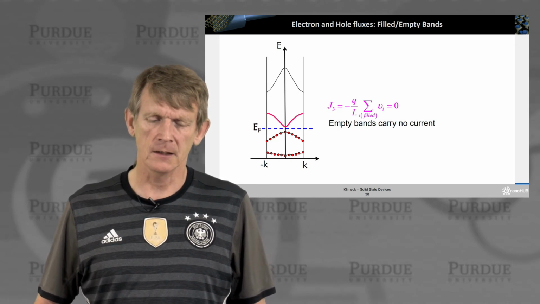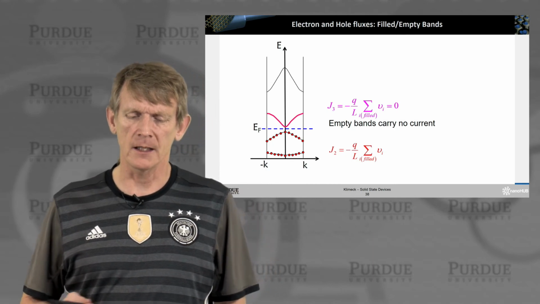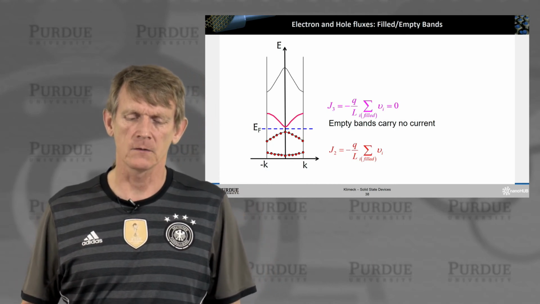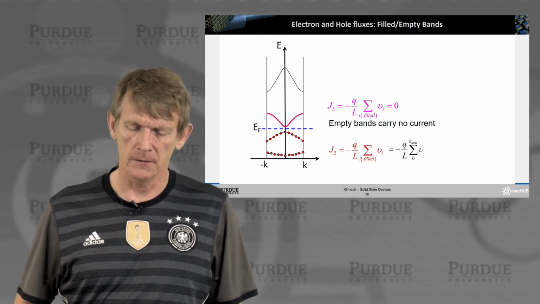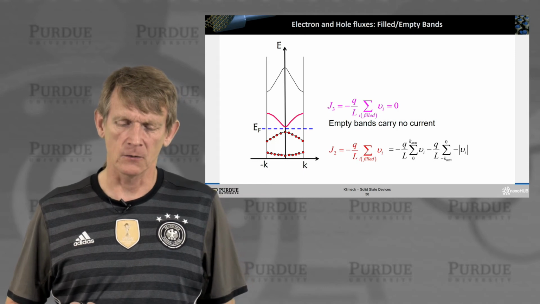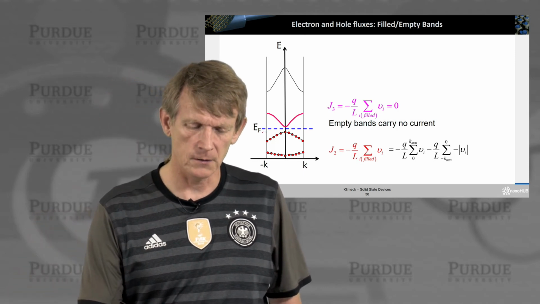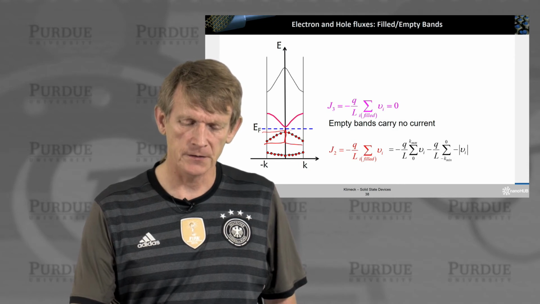Now, let's look at the filled bands below. We would want to sum over all the electrons that are moving at a certain velocity over all the filled states. If you separate the left and the right going states, so you sum over the left and the right going states,